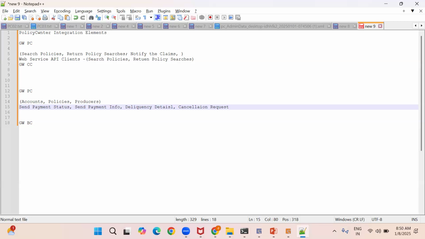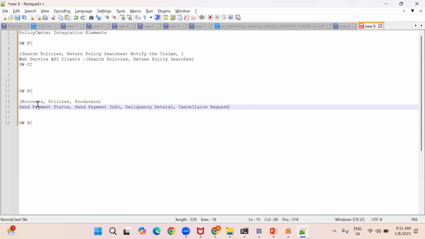Once after a certain period of time, we have a delinquency workflow, all those details are there in the Billing Center. Once that delinquency workflow is done, in that cancellation request, which means after so many notifications and the threshold period, still the payment is not received, so the Billing Center requests this particular policy